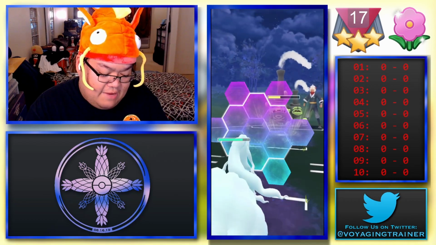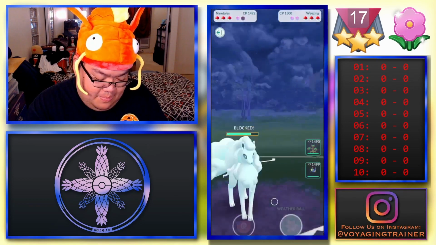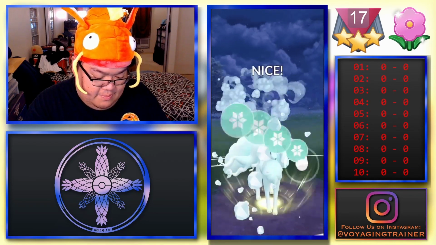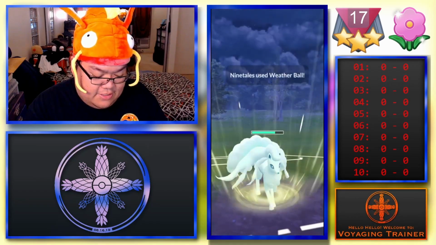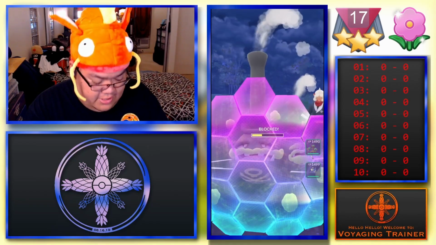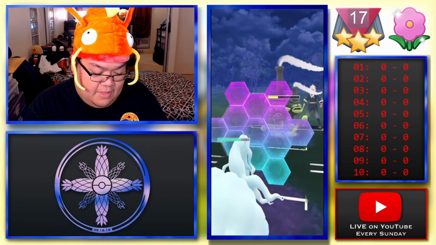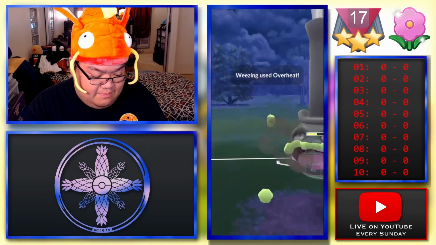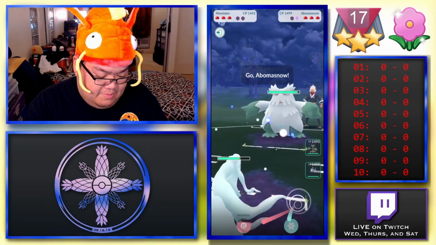Judging by the amount of time they spent though, I'm thinking this might just be the Overheat from the get-go. Nope, it's gonna be Sludge. Okay. Fair enough, fair enough. And now the big question is, do you let the Weather Ball go or are you gonna shield? We are gonna shield, okay. And they might be trying to bait me out with another Sludge here, but nope, they're going straight for the Overheat, so we're down shields, but